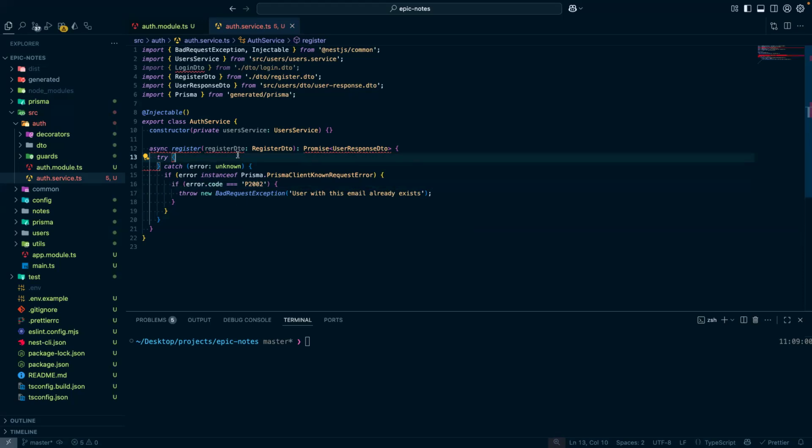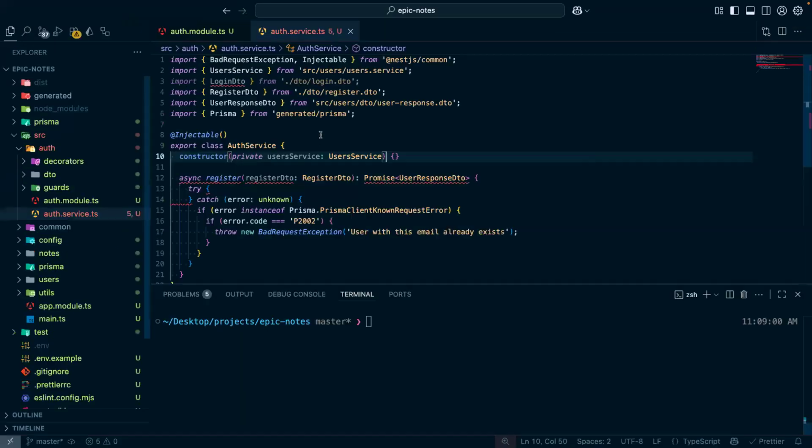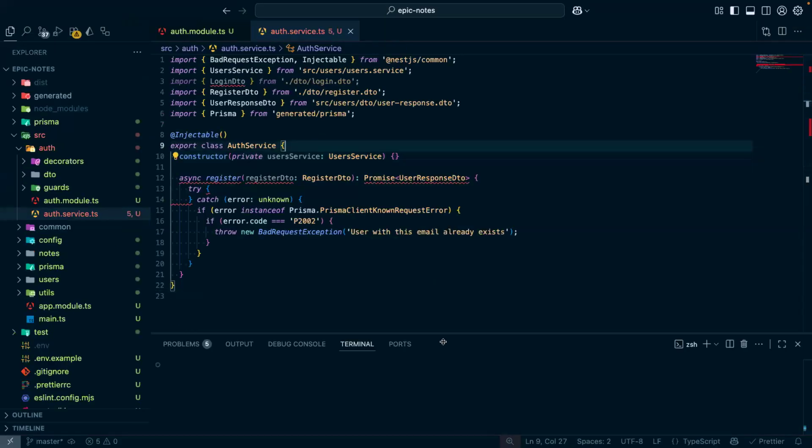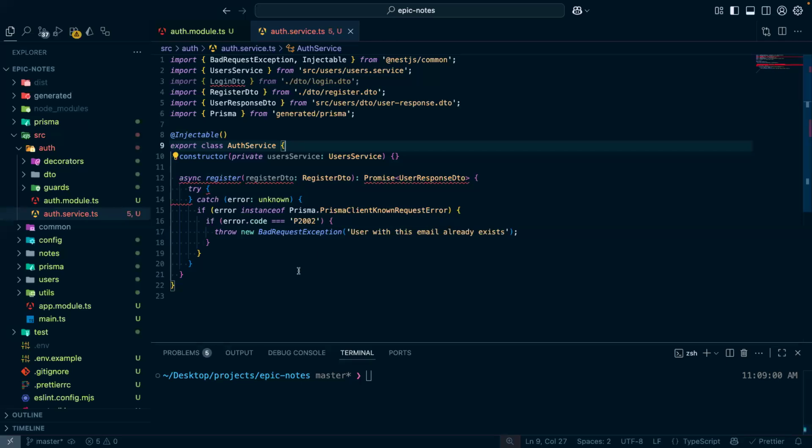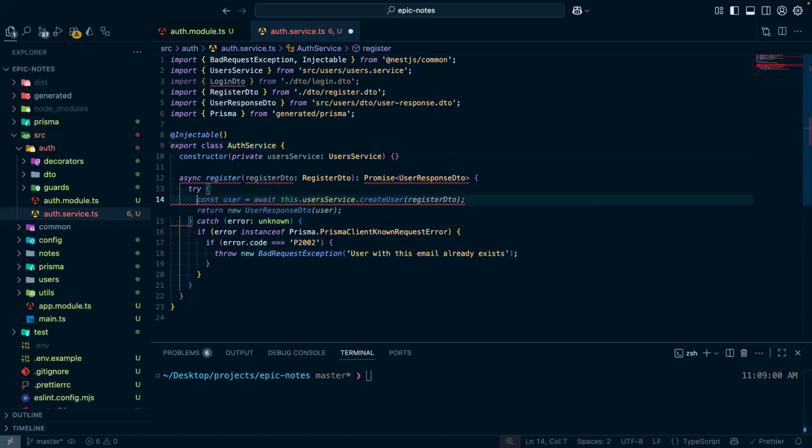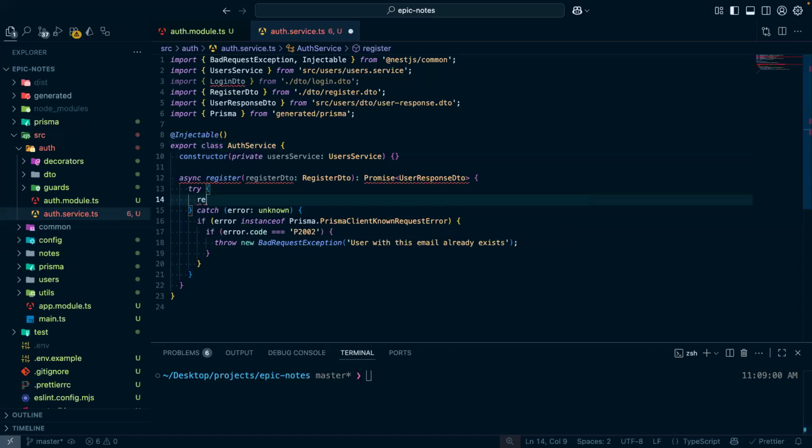If error is an instance of Prisma client known request error, and if the error code is P2002, then this shows there's an existing record with that unique constraint we are trying to create. So if you come over here, you say, okay, return